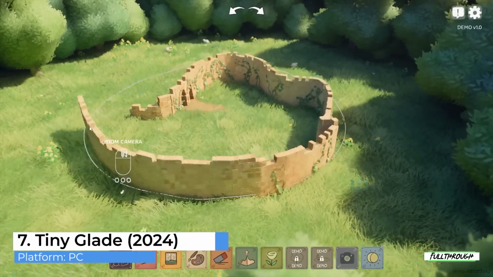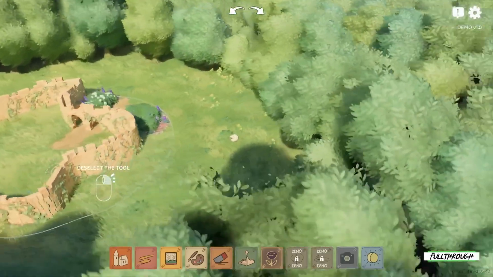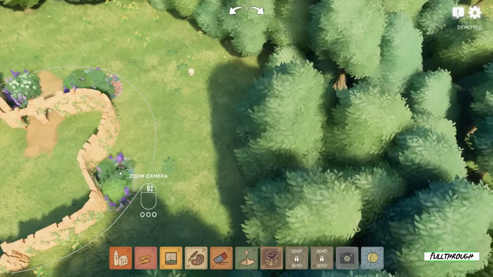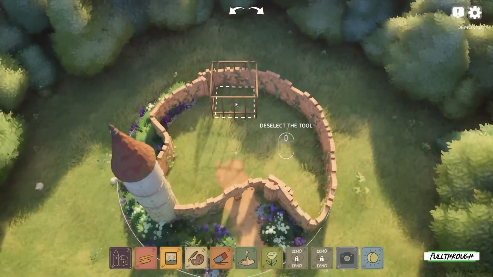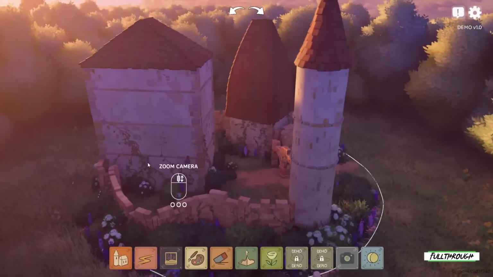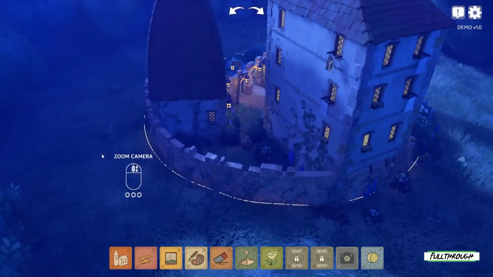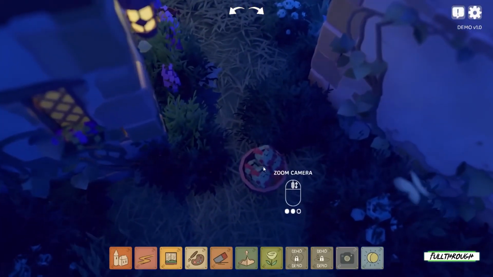Tiny Glade is a relaxing, no-pressure city builder focused purely on creative construction. There's no economy, no survival mechanics, just you, some grass, and the freedom to sketch out charming castles one click at a time. It falls under the cozy or creative sandbox subgenre of city building, where the goal isn't efficiency,